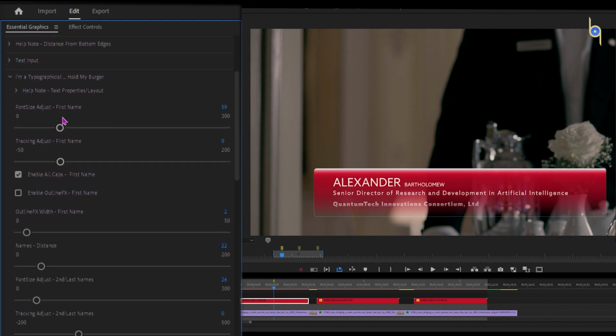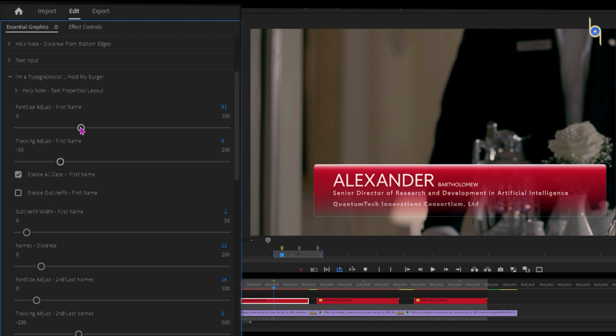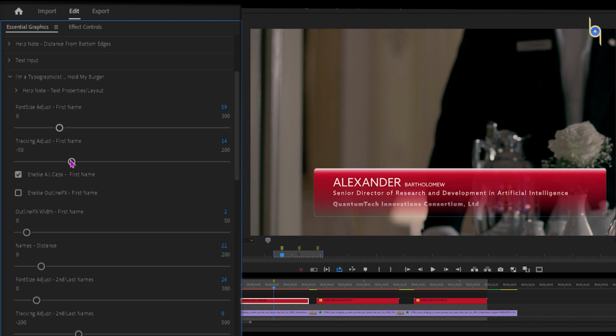And over here, font size, so you can type in and make adjustments. Tracking. So tons of options to help you